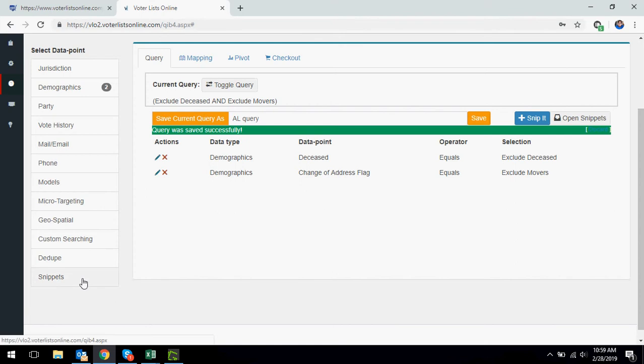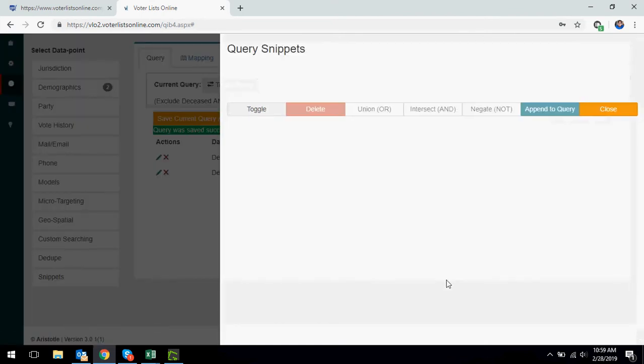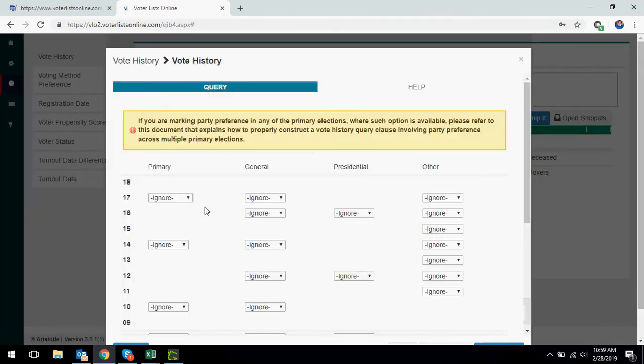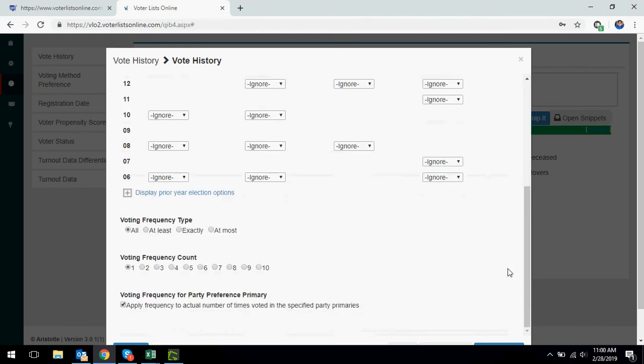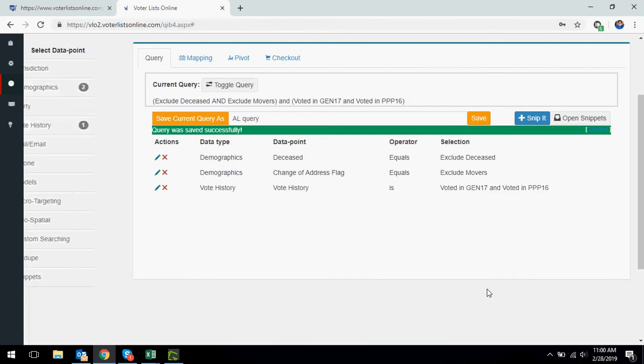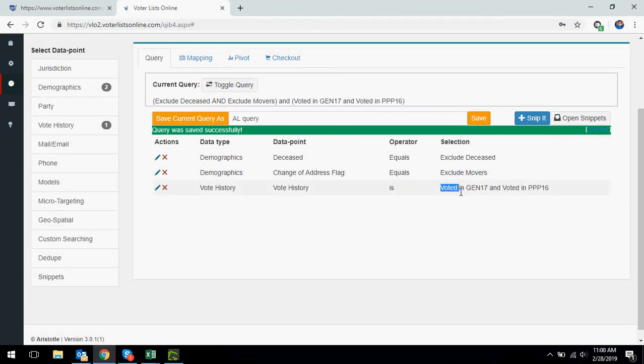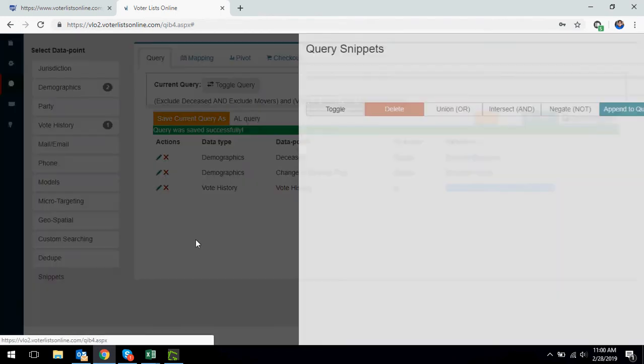And then the next option is the query snippets tool, which will allow you to have a little bit more flexibility when it comes to building queries. So let's say, for example, if I use the vote history options, if I select voted in 2017 and in 2016, and then update my query with that, you'll see that the system will by default target voters who voted in both elections. Now if I wanted to target voters who voted in one or the other, that's where the snippets tool will